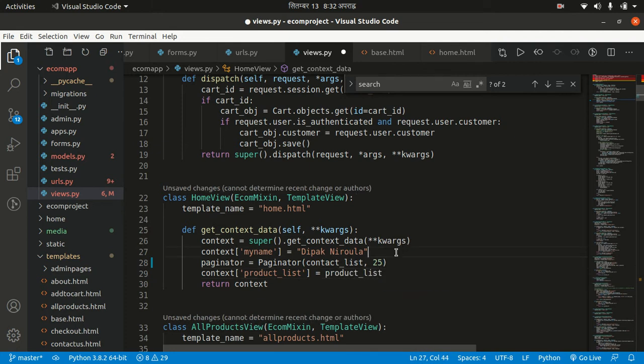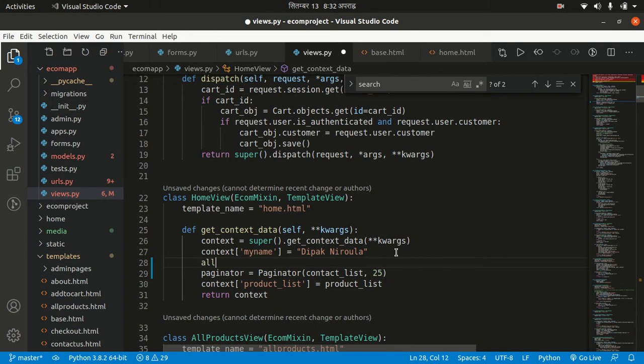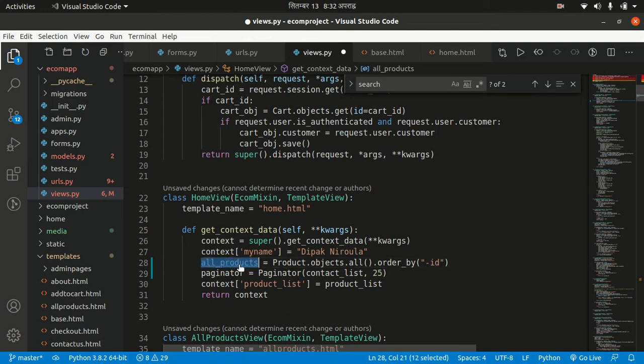Here all products equals this all products queryset, and we need to provide this queryset in place of this contact list. Okay, so all products equals 25 items,